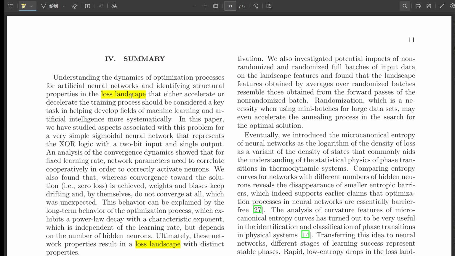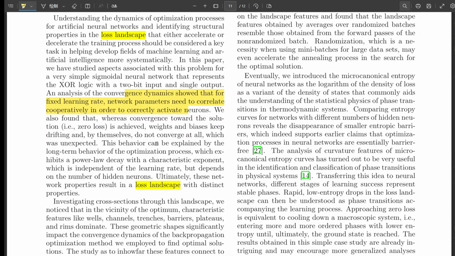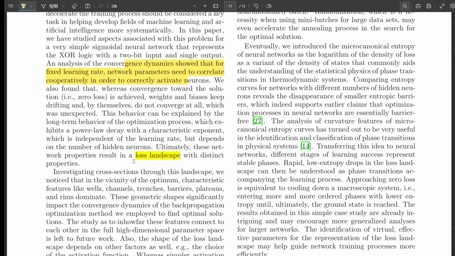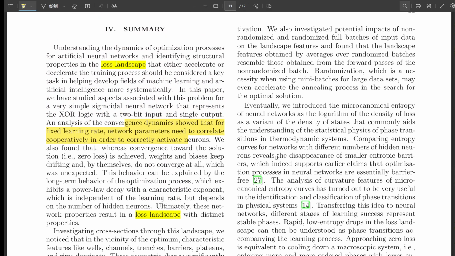A non-randomized batch would always present the XOR cases in the same order, like going through those flashcards in the same sequence. And a randomized batch would shuffle those cases so the order is different each time. Exactly. You might think that randomizing would totally change the loss landscape. Yeah, it makes sense. Different input order, different calculations, different adjustments. But here's the surprising thing. Even though each run with a randomized batch looks different, if you average all those landscapes together, it looks almost exactly like the one you get with the